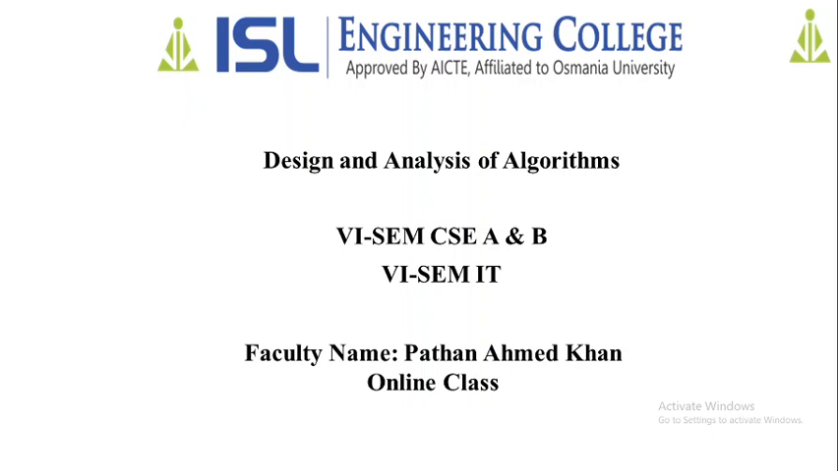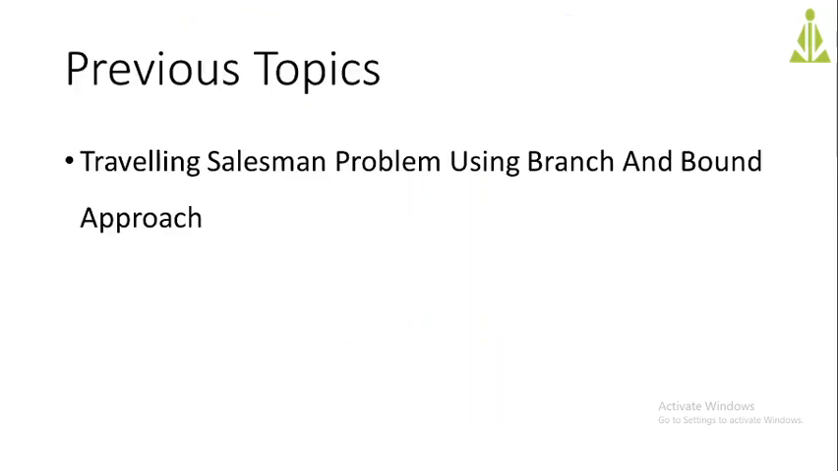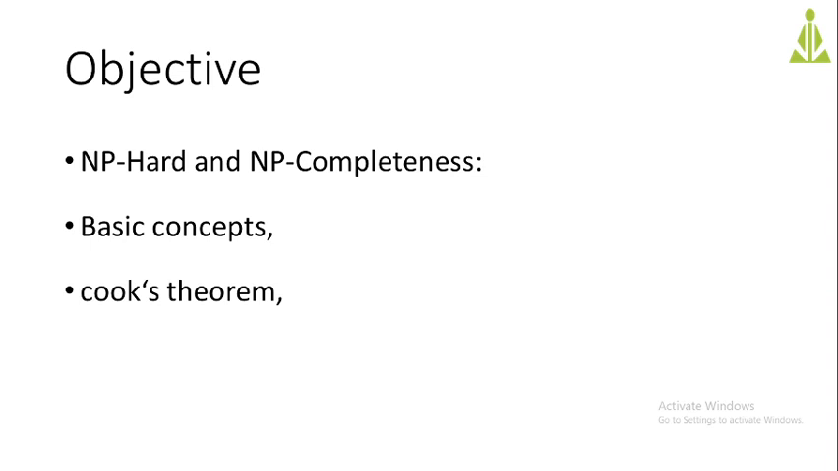Today we are going to start the fifth unit. Before going to the fifth unit, we will see what we have done in the previous lecture. In the previous lecture, we saw the traveling salesperson problem using branch and bound approach. Okay, so we are going to see the fifth unit topics: